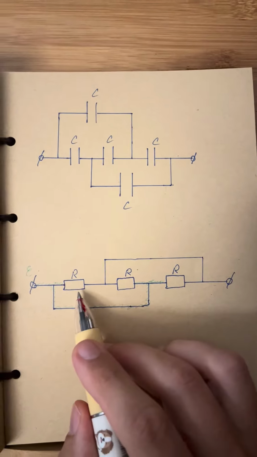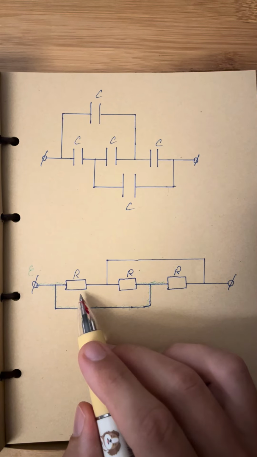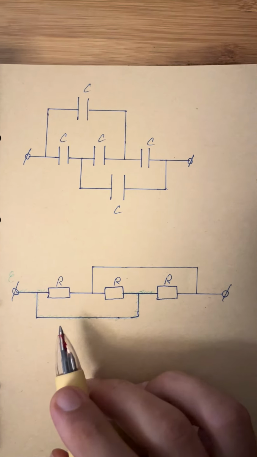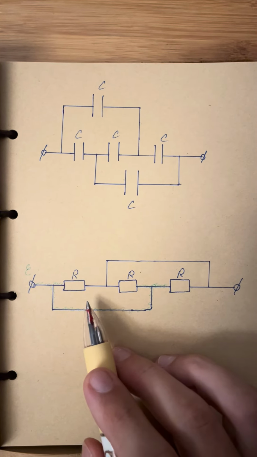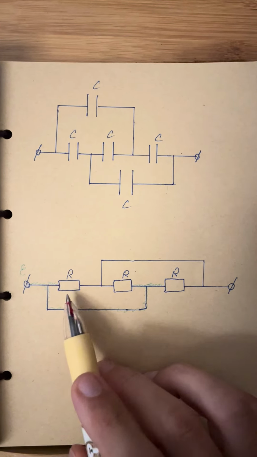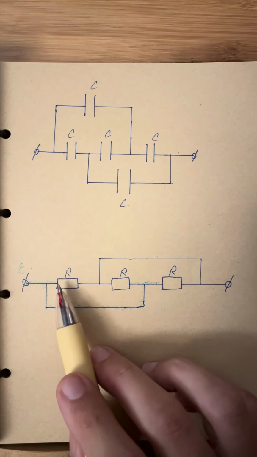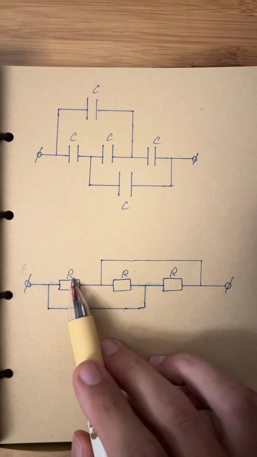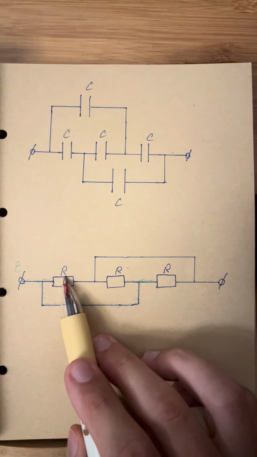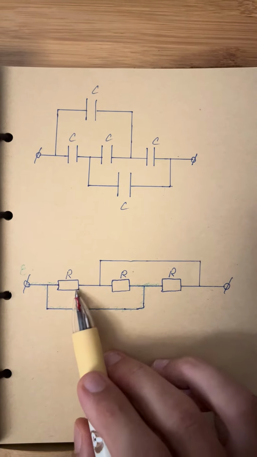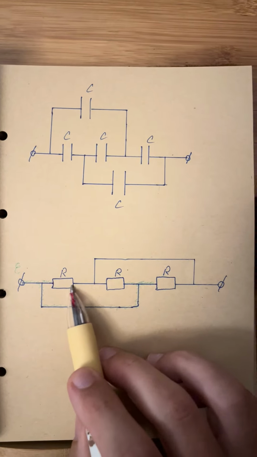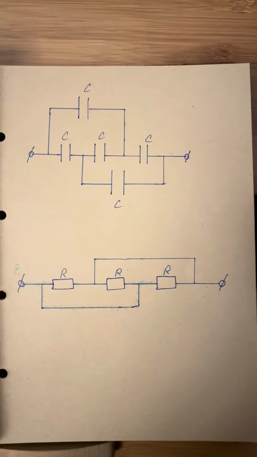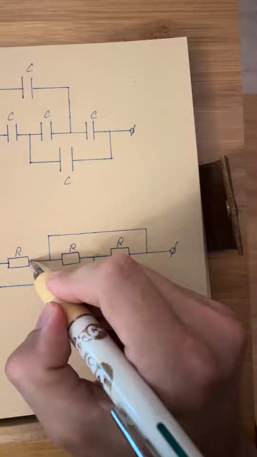And when you reach a resistance or capacitance or inductor, you will lose some potential. So here you lose potential by the amount of the voltage drop on this resistor. It's the current on this resistor times the resistance of this resistor. Anyway, you will get a different potential here. This potential will equal to